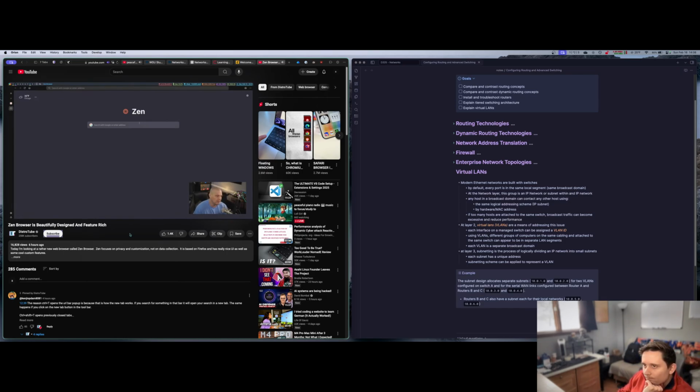Now this is what it looks like out of the box. You've got the Zen logo, you've got a Google search bar here, you've got weather that is very accurate. It knows exactly where you are with geolocation. Now I changed my location to Chicago, but you guys know I'm actually in Louisiana, but I changed it because you didn't need to know exactly where I was at, but you can actually turn the weather off